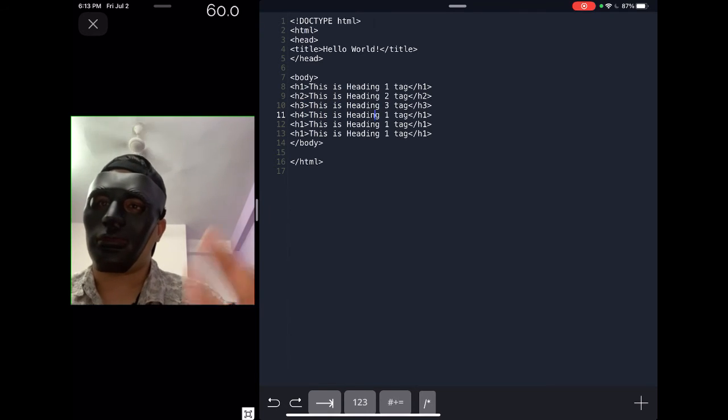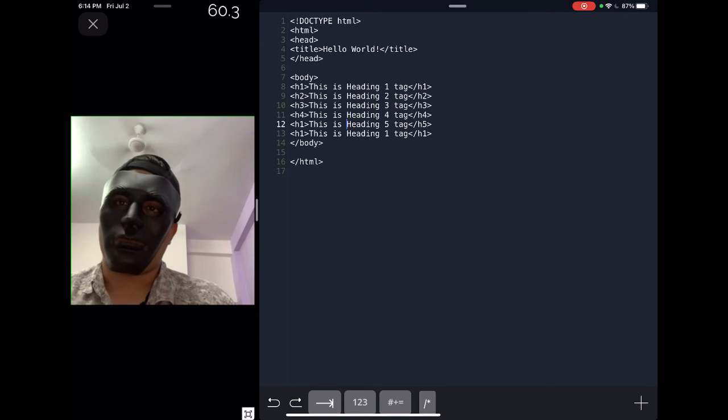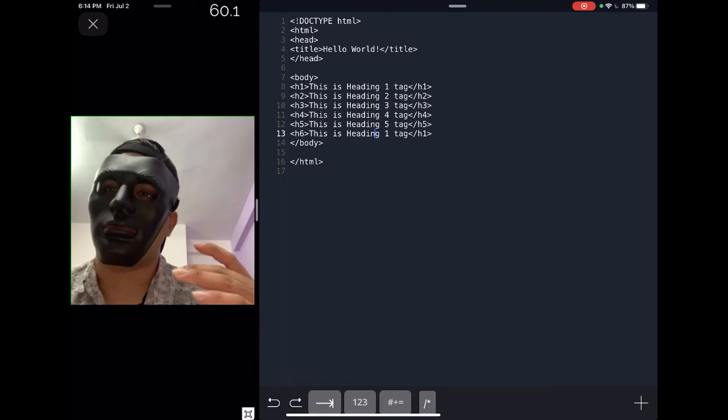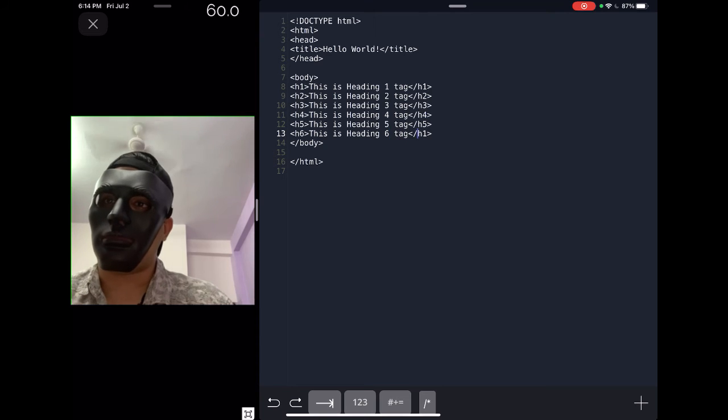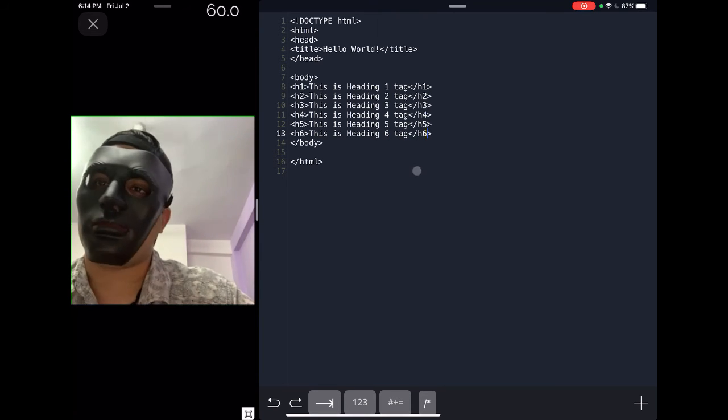As you can see, we're just moving further, incrementing the number by 1, and we'll see what happens, because the heading tag is going to get smaller and smaller and less bold. So I think reducing it will reduce the emphasis. Depending on your requirement, you'll have to use one of these tags. There are only 6 tags: H1, H2, H3, H4, H5 and H6.